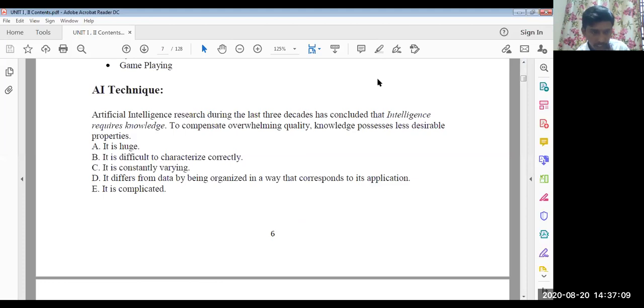Okay, so I'll just again take 2 more minutes to discuss what are the different techniques AI will look into if you want to understand a problem. Artificial intelligence research during the last 3 decades has concluded that intelligence requires knowledge. Please keep this in your mind. If you want to add some intelligence to a machine, you need to acquire a lot of knowledge, then only